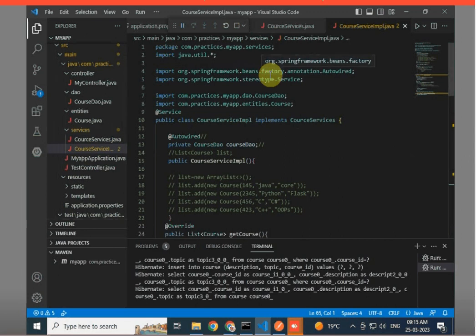This is a service implementation class that implements the CourseService interface. It is marked with the @Service annotation to indicate that it is a Spring managed bean. It injects the CourseDao object using the @Autowired annotation and provides an implementation for the 5 methods defined in the CourseService interface.